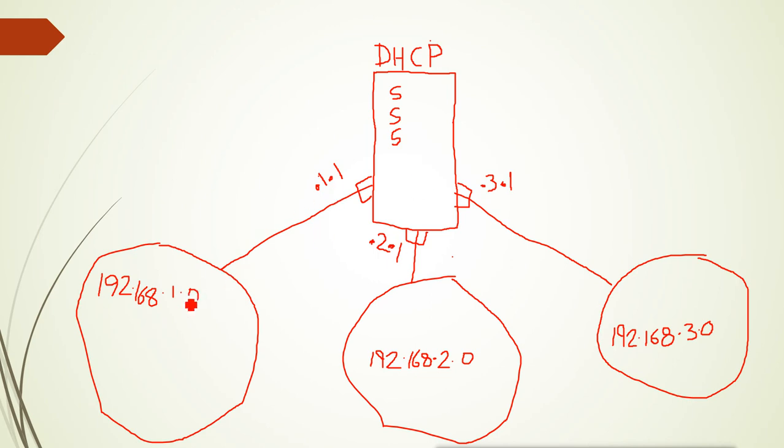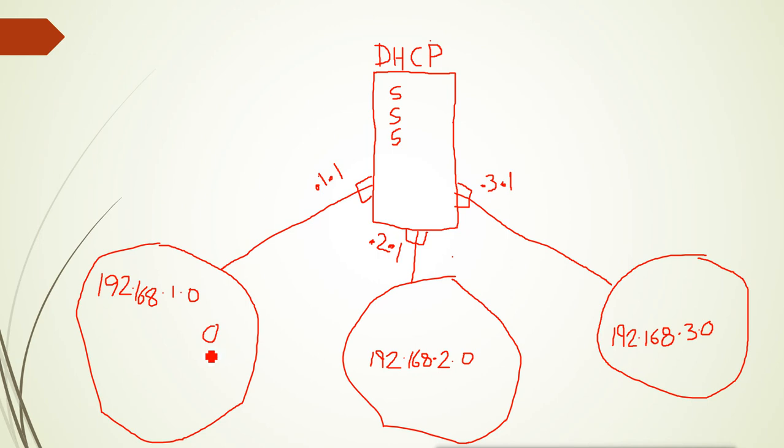IP it should provide? Because the client who is sending the request does not have any information. It does not know which network it is on, which subnet this client is residing in. It does not know the DHCP server's IP address. It does not know what network it belongs to. It does not know anything about the network.